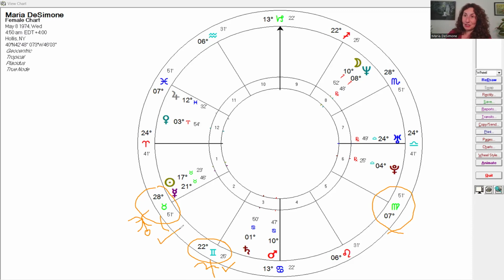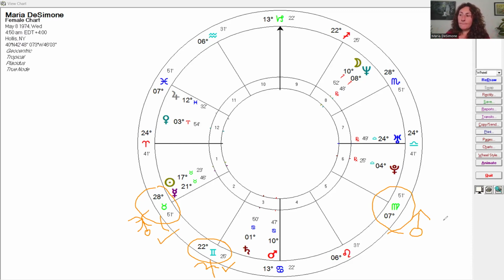Now there's another transit I'm going to talk to you about, and this one wasn't so good. This one was recent. So I'm going to talk to you about a Mars transit. And Mars transits are really, really easy for you to track because in about 2 years, you're going to be able to go through your whole chart and you're going to be able to see what happens. A Jupiter transit's going to expand, right? Growth, opportunities. Uranus is going to shake things up, revolutionize. Well, what is a Mars transit going to do? Mars is going to aggravate, inflame. It is going to make something happen quickly. That's the essence of Mars.